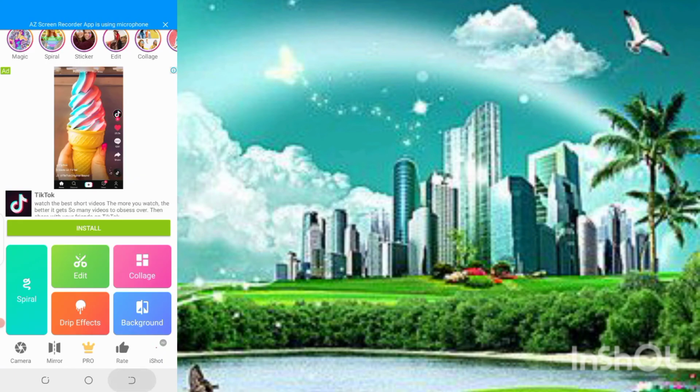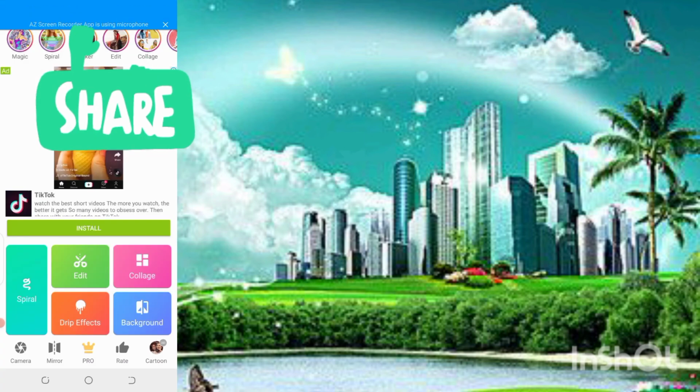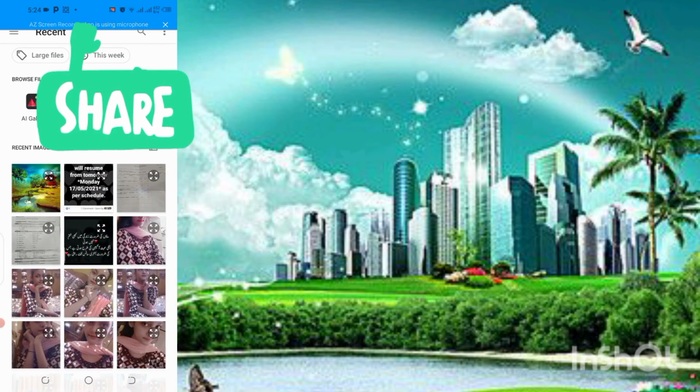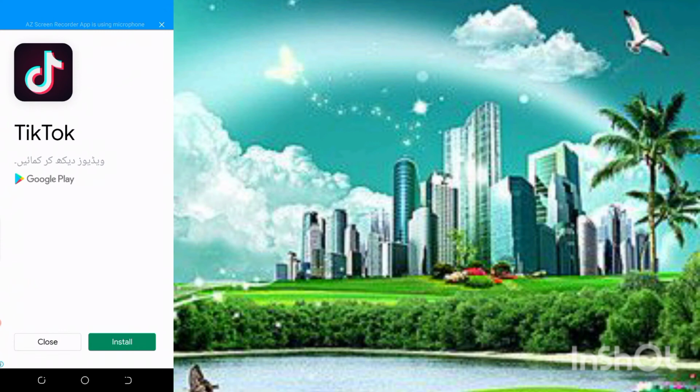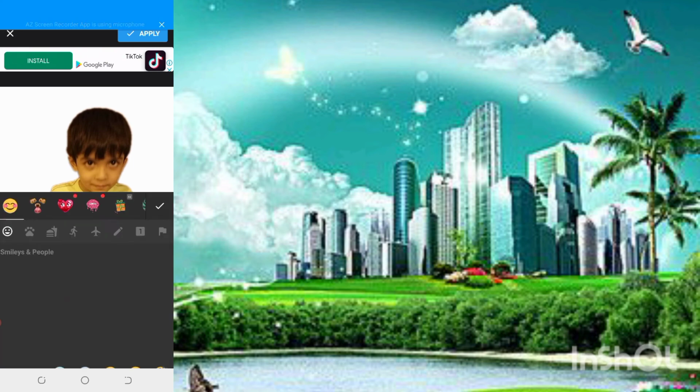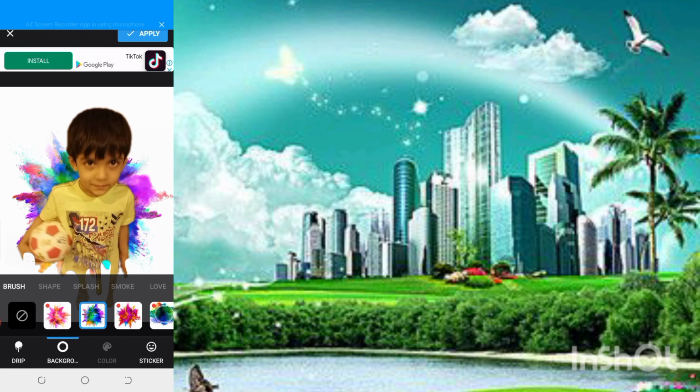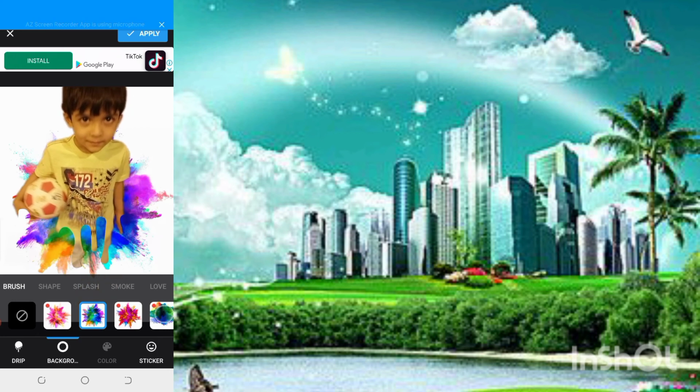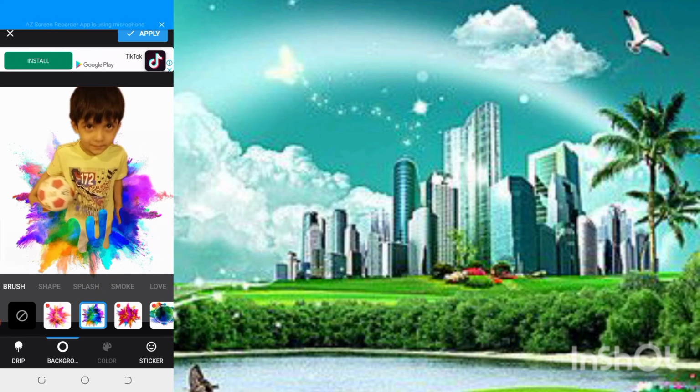So this is a very amazing app to use, and as well as you can do the drip effects. Drip effects we can do easily. We can put backgrounds, we can put. So this is very